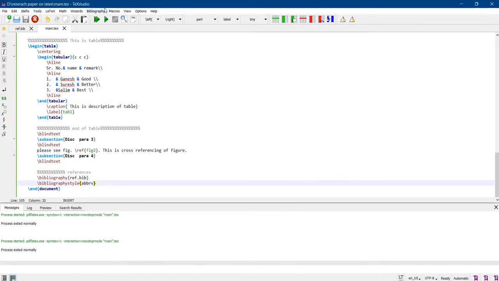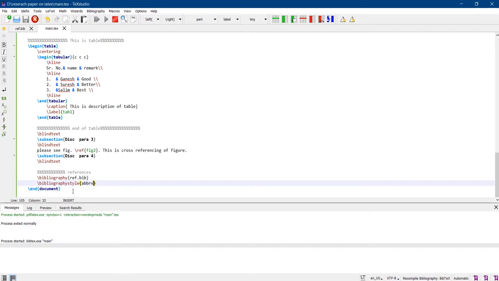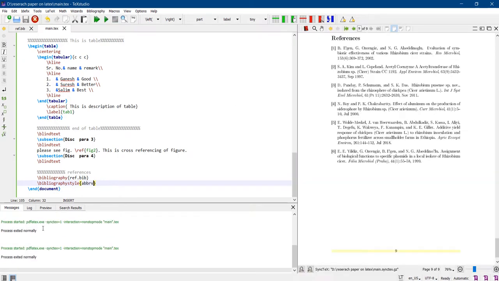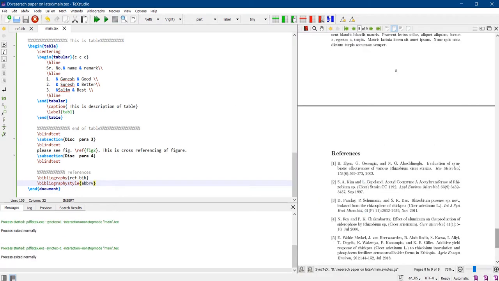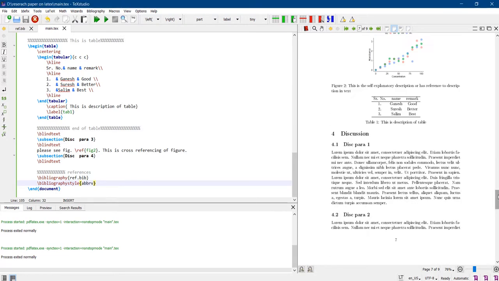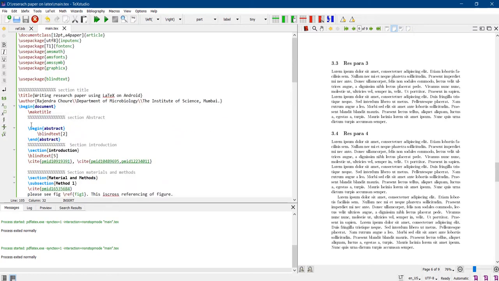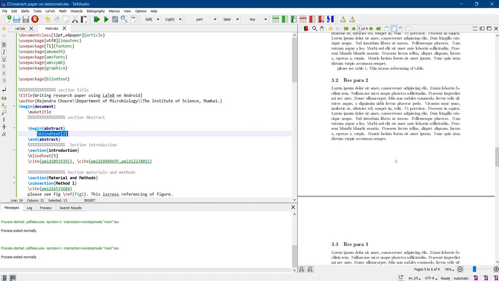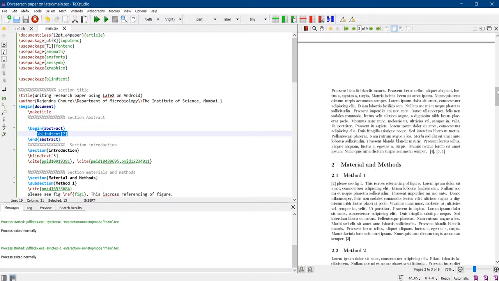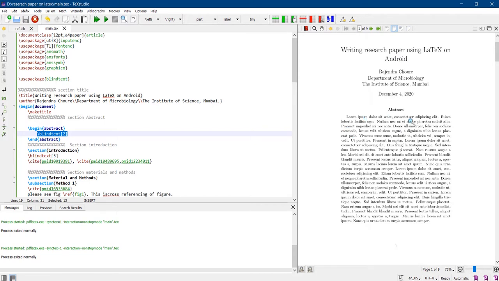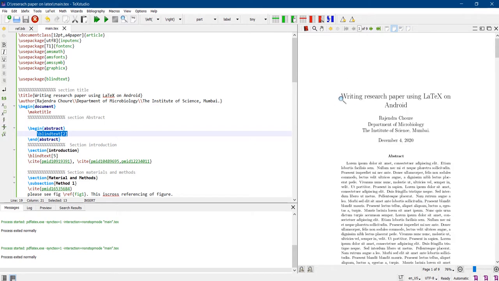Now we are ready. We'll compile this file, and compilation is going on, and we have got this file. Because I have included other elements also, not only section headings. I have added the automated text using blind text. This blind text is there, and this blind text has given us this abstract format. You can look at title format. Title has given us this title, title of the paper, then author name, then my affiliation.